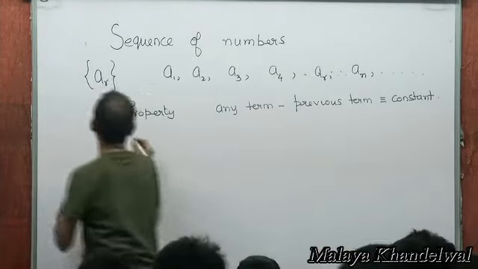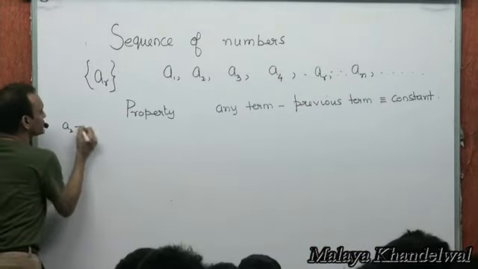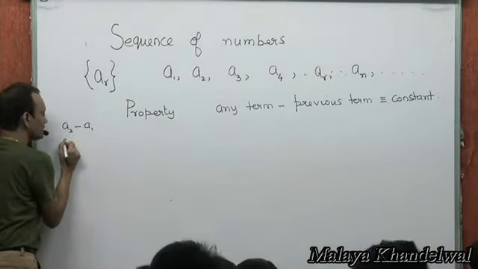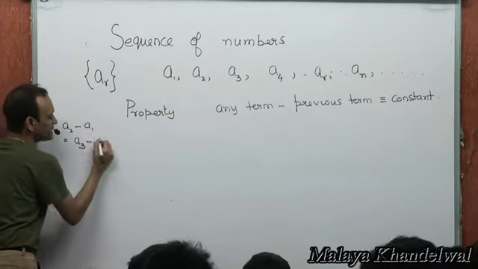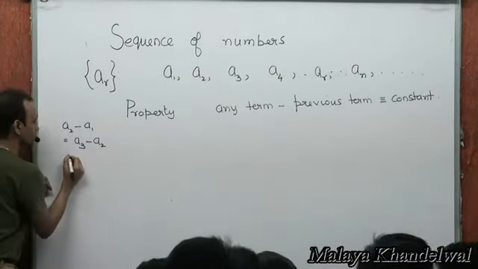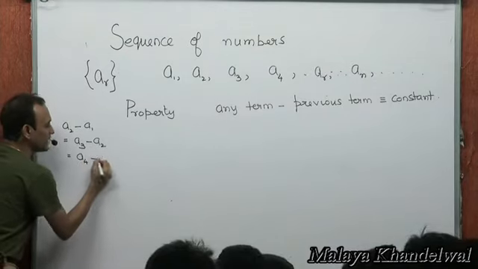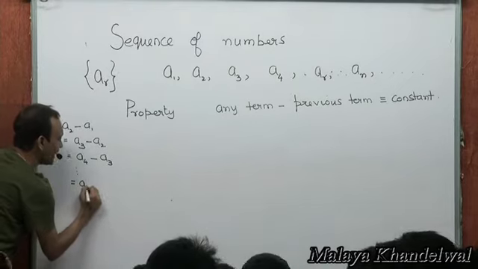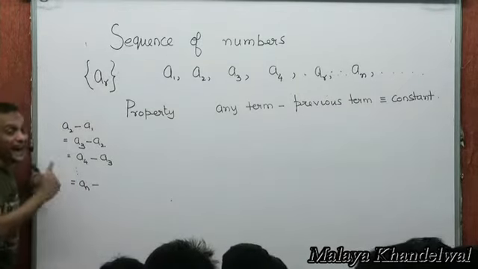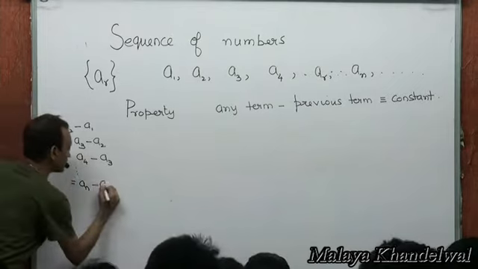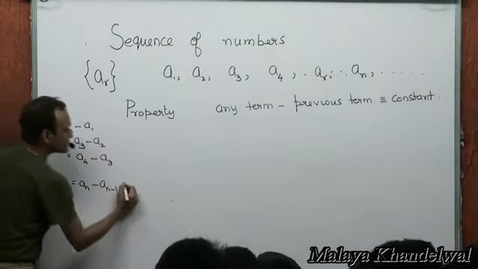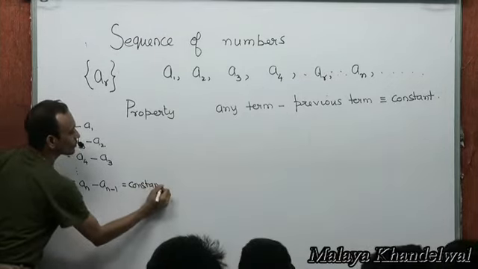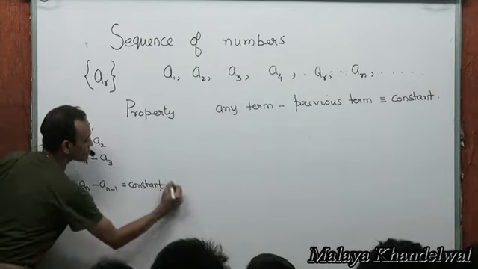That means A2 minus A1, any term minus previous term, is the same as A3 minus A2, is the same as A4 minus A3, is the same as some AN. The term prior to AN is going to be AN minus 1. If this is a constant, say D,